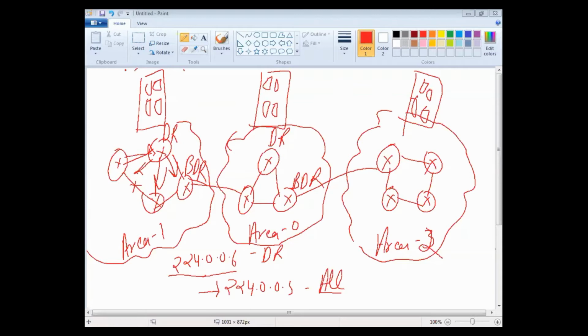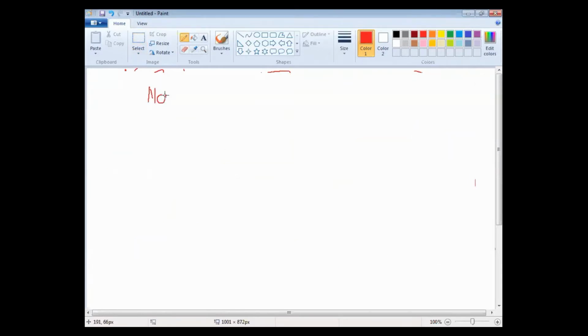One more thing, OSPF builds three different types of tables. First of all, it's the neighbor table. It contains the list of all neighboring routers. Like this router has these neighbors.